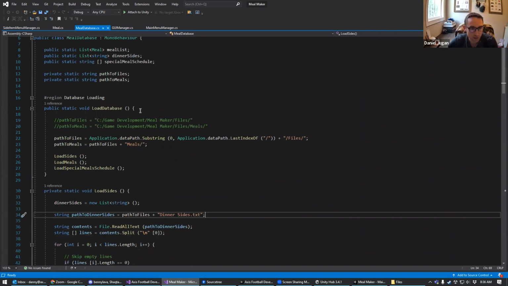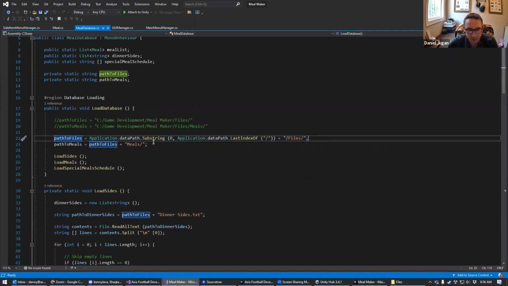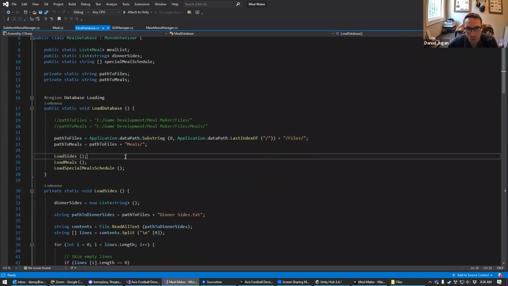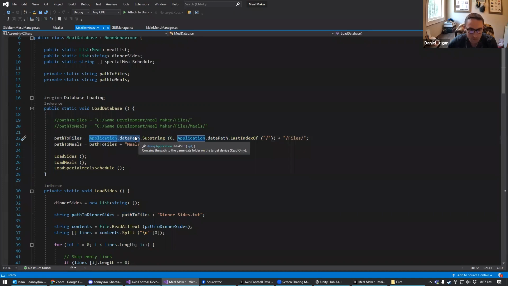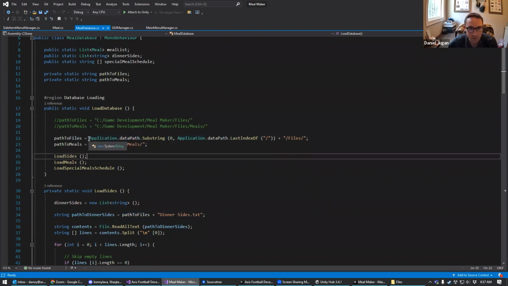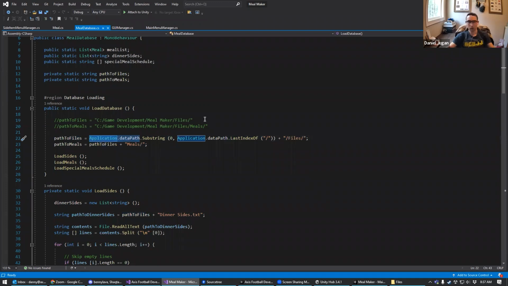The first thing that we've got, and this load database gets called right when the program starts up. And what we're doing is we are creating a path. This is a string path to where the files exist. Okay, and so depending on the application that you're using, either Java or C#, you need to figure out a way to get access to where the program is being run from. Okay, and here we're just using